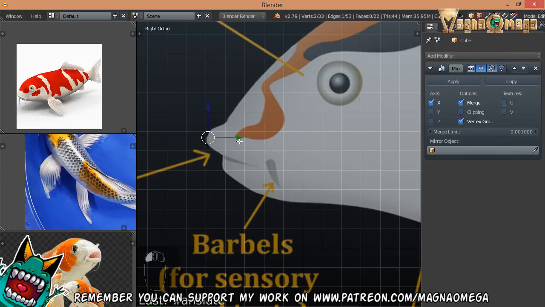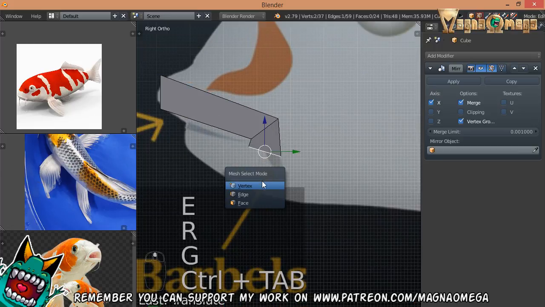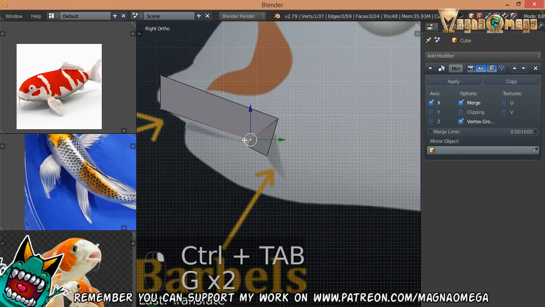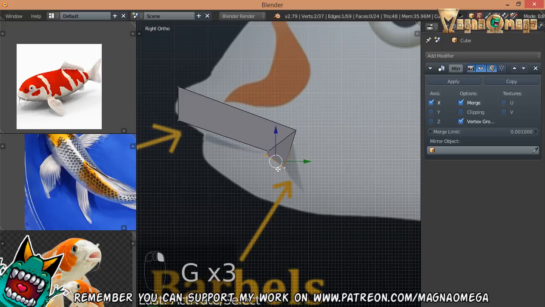I put down the clipping, extrude it, rotate it here, and I will make a tiny extrude here to make the corner of the mouth, and later I will add another cut to the front, something like